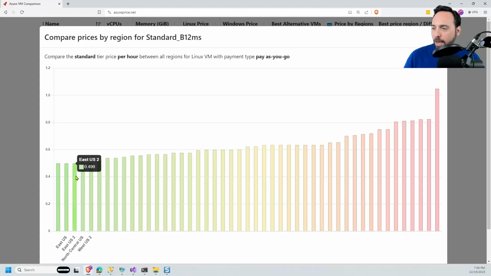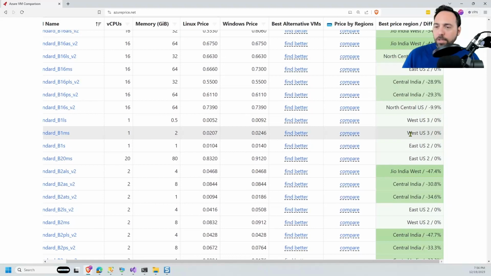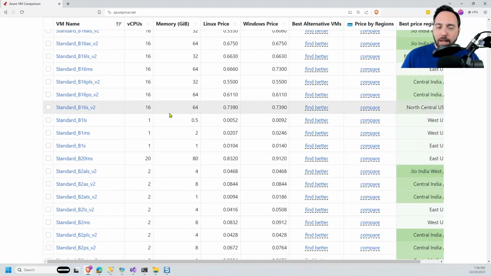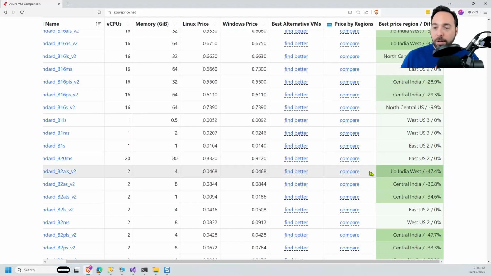East US is the same. East US 2 is the same. So I kind of get some idea, but then we get some more expensive ones as well. So you can see this is not always true for every VM type in every case. Sometimes this will be less expensive in West US, or sometimes you go to Central India. And yeah, there can be a huge difference.